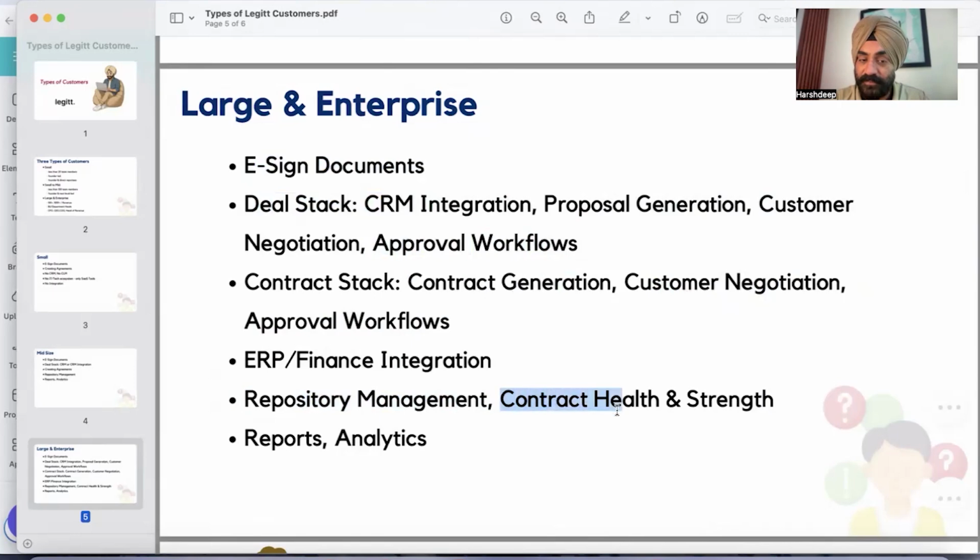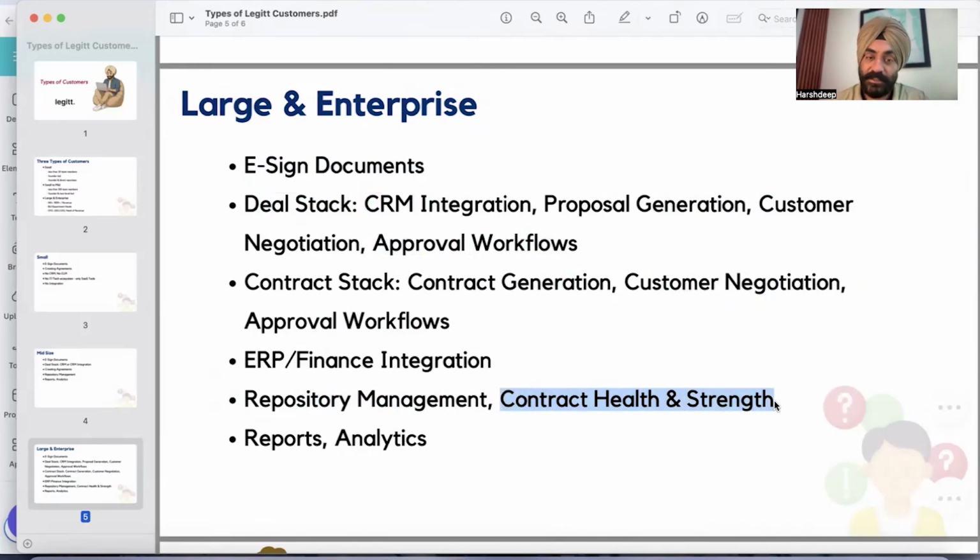We integrate with accounting or finance to ensure, for example, if there is an invoice reconciliation to be done, have all the invoices for the milestones that were due in this month been generated or not. So that kind of reconciliation we can do.